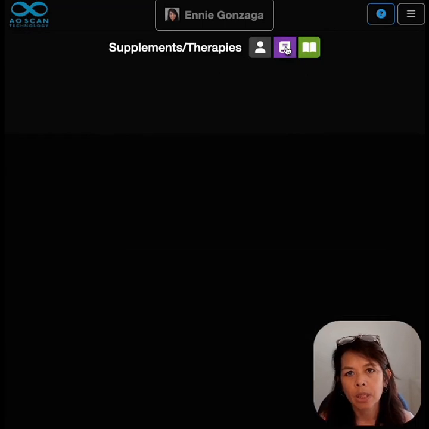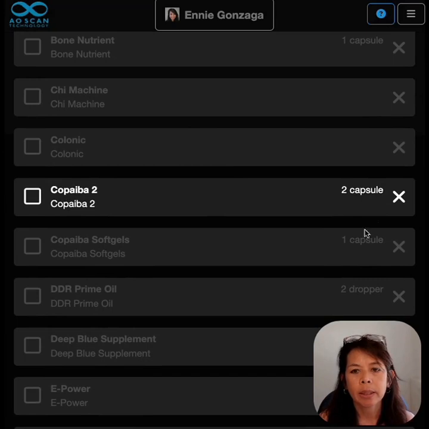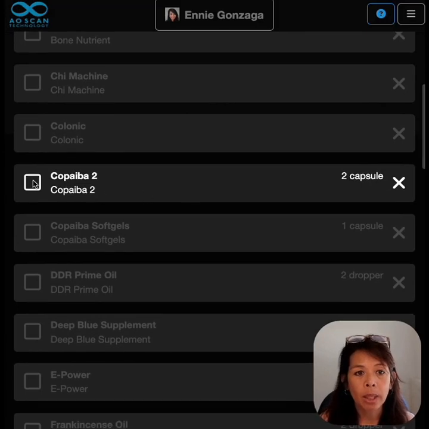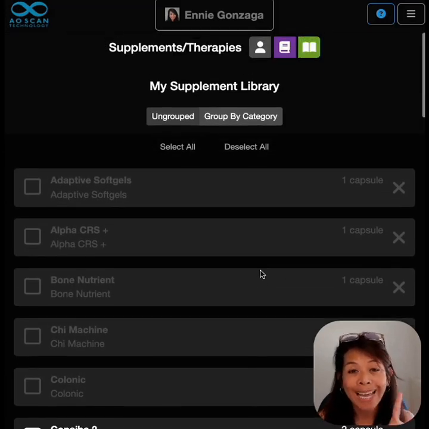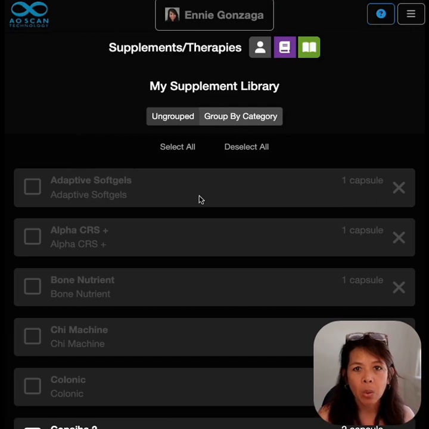If I go here, right, it should light up. Right, it's lit up because it's not yet in my account. So if I want to add it to my account, I'm going to go ahead and push this one and then add it, okay? However, we're not going to add it yet because I haven't scanned in the supplement, right? So we're going to scan the supplement. So what you want to do,